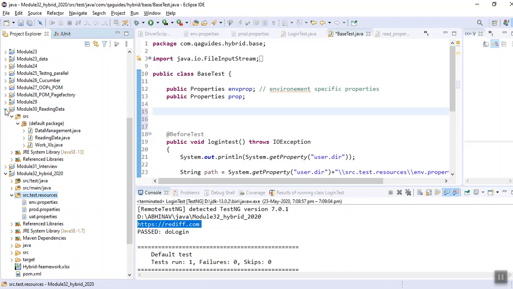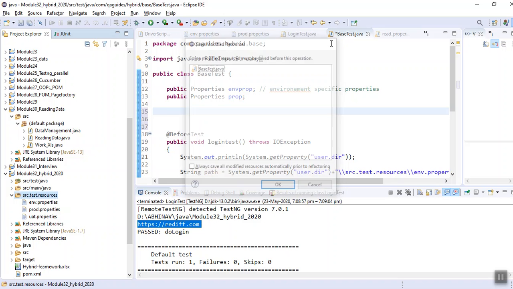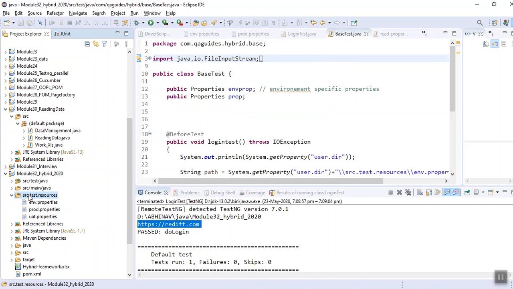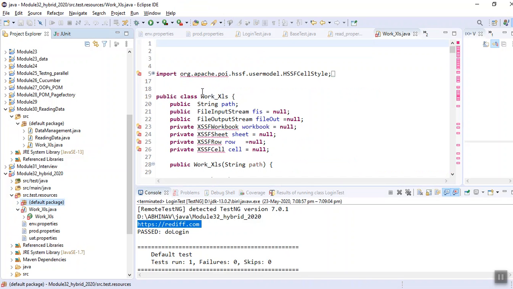Reading data, it is the file, copy it, Control C, and let's paste it here. I have to save this. Okay, I got it here. And the default package, let it be.